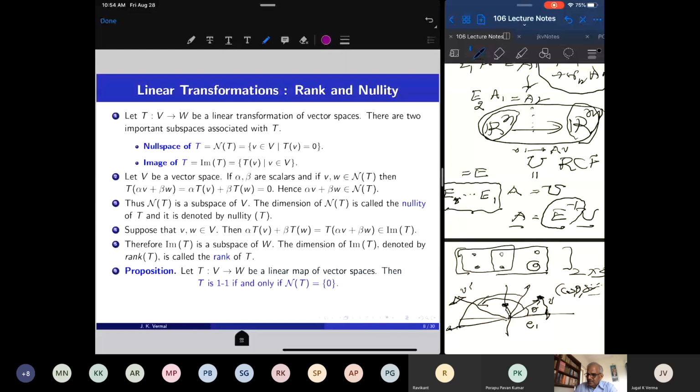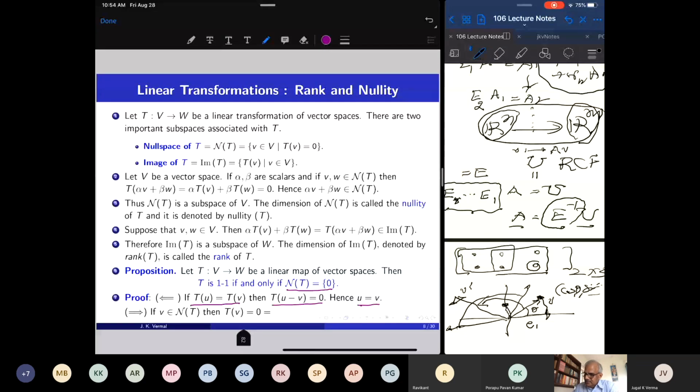Let's see that injectivity of a linear map can be detected simply by testing the null space of T. So T is a one-to-one map if and only if the null space of T is 0. This is easy to show. Let's show one direction. I want to show that T is one-to-one, assuming that the null space of T is 0. So suppose TU equals TV, then because T is a linear transformation, T of U minus V is 0. But U minus V therefore is in the null space, but the null space of T is 0, and therefore U minus V is 0, and therefore U equals V.